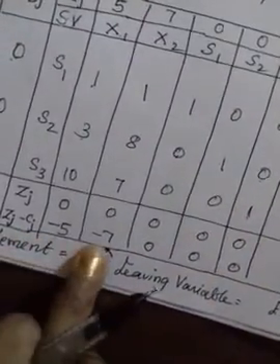Now Z minus Cj. Okay. Z is this value and Cj is this value. Now you have to subtract: 0 minus 5, so you will get minus 5. 0 minus 7, you will get minus 7. 0 minus 0, you will get 0. 0 minus 0, you will get 0. 0 minus 0, you will get 0. Okay, is it clear? So now we got minus 5 and minus 7 by subtracting the Z and Cj values.